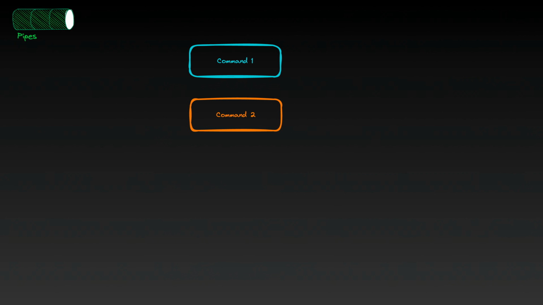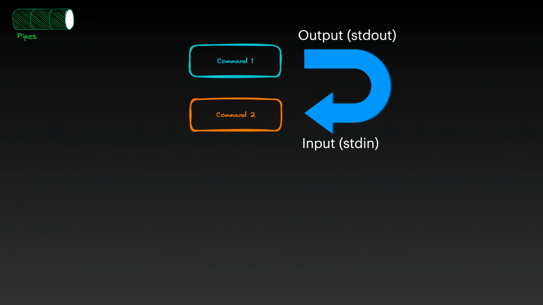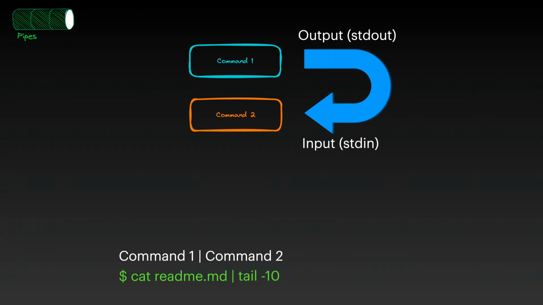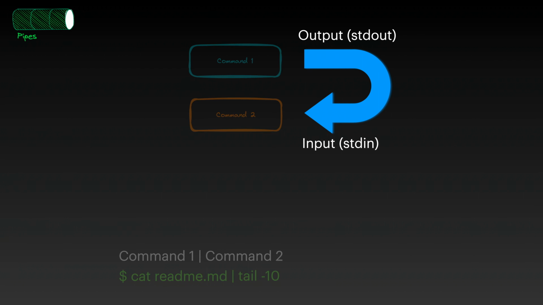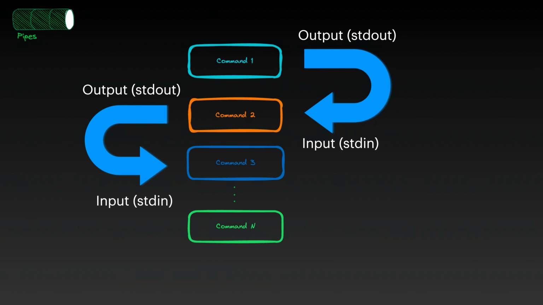Piping is a powerful capability which allows building complex tasks. Bear with me to see how that works. With a pipe, the output of one command becomes the input of a second. It is specified in a command line as a simple vertical bar between the two command sequences. Also, multiple commands can be piped to form a more complex workflow.